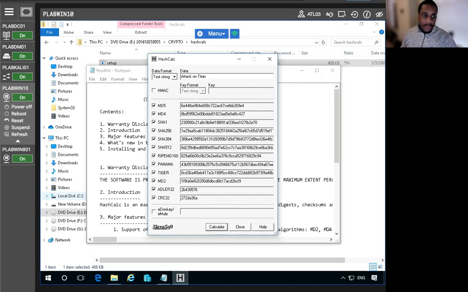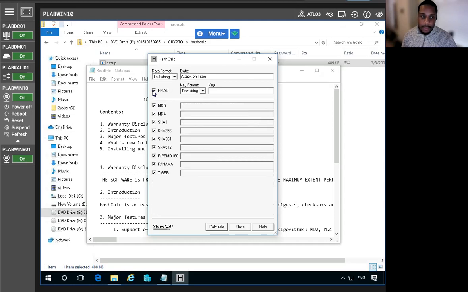So, as I mentioned, we can change it to anything we like, just so we can essentially see the different algorithms that produce hashes of set lengths, which could be used to identify them, right? So now that we check the HMAC value, we'll only see a specified number of hash types that will be permitted. This is because the keyed hash message authentication code is a specific